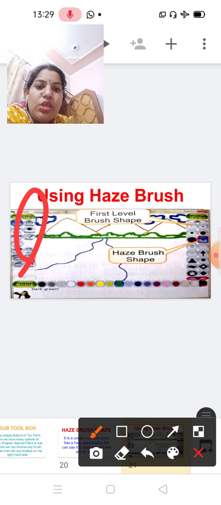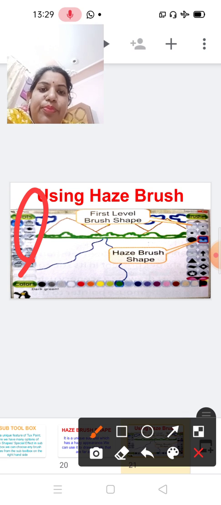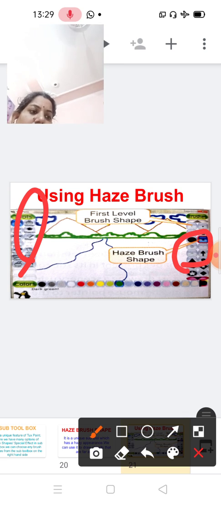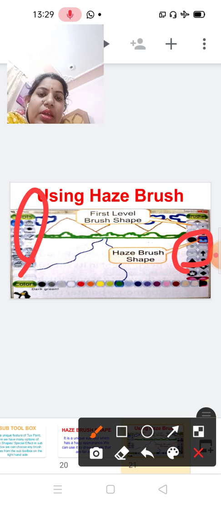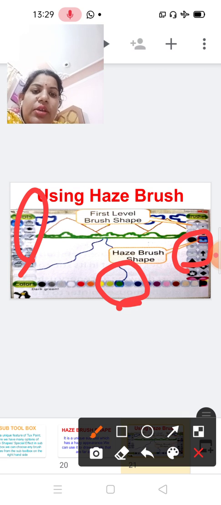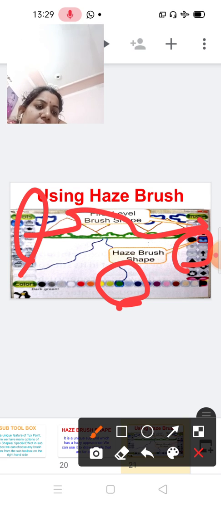Now select the haze brush. Here is the haze brush, in light blue color. Draw a few clouds in the sky. Now use the blue color, and draw the clouds in the sky.